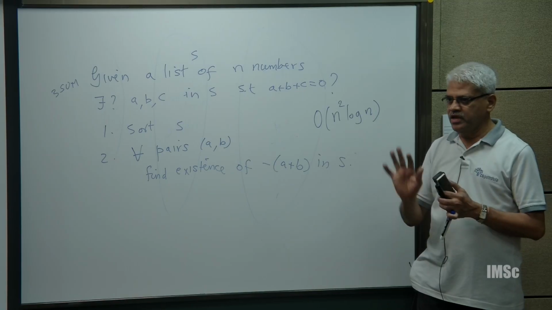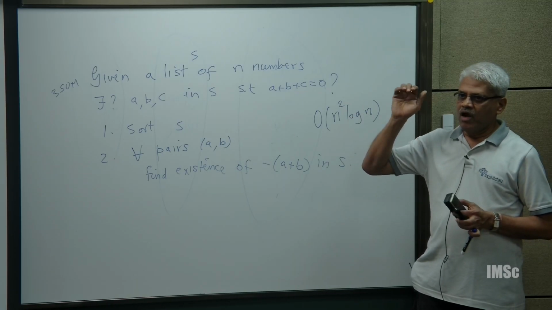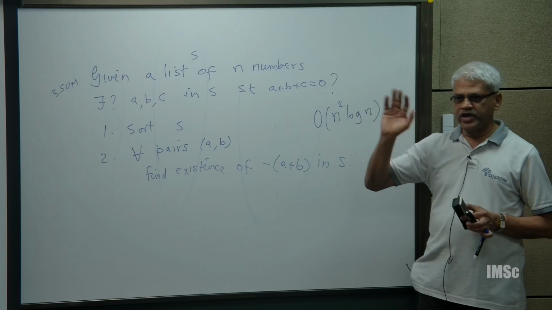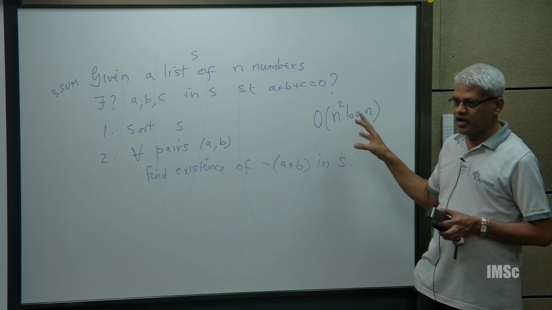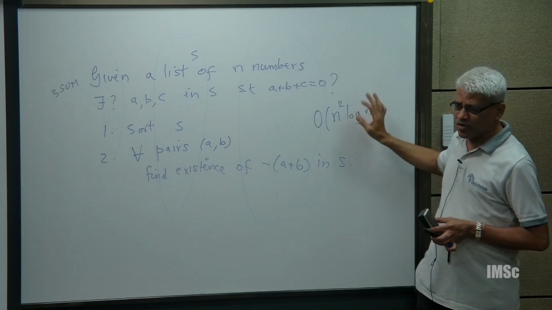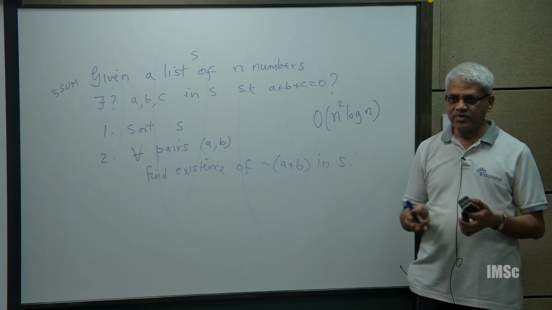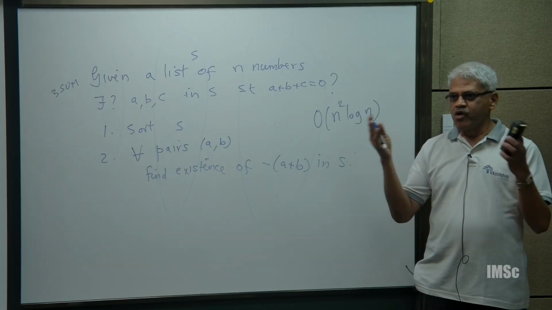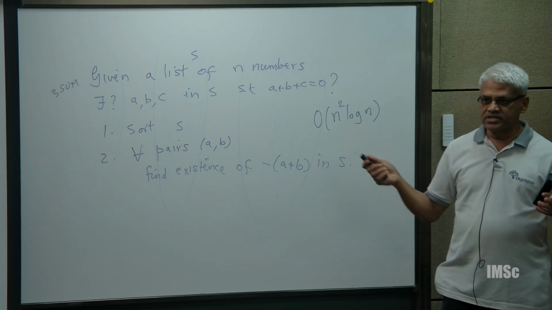We don't know. There is the diameter problem in a sparse graph, which we can do in n square time. The 3SUM problem, you can do in n square time, because I am just going to ignore the log. And orthogonal vectors, you can do in n square time. Can I improve it? We don't know. Can I say some lower bounds about it? That is the question we want to address.